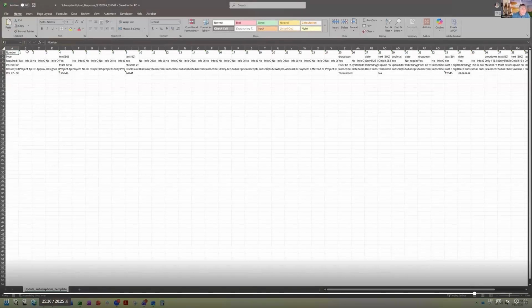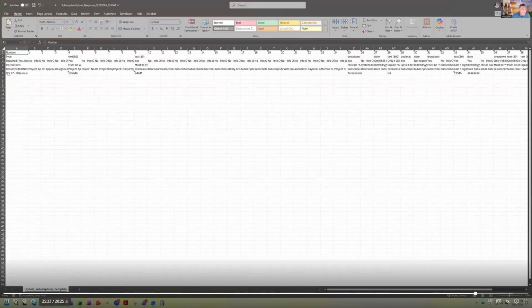However, something that I want to show you is in the very first column on the row where your data is, there is a message here that the system is going to give us. This message is going to tell us why this change failed the validation. So column 27, this column right here, date must be between the subscription size effective date and today and in this format. So I essentially forgot to put a date in row 20 or column 27. And so the validation is telling me, hey, put a date here, re-import it, and you'll be fine. So that is how you would know